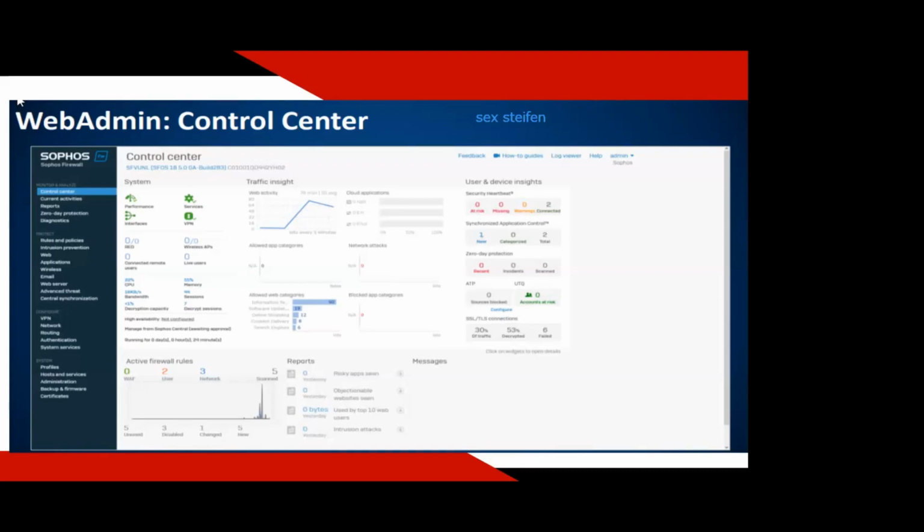So how can we manage all these options available here? We should be aware of each and every parameter, what options are available to configure here. So you can see on the left hand side we have the main menu, and you can see the control center. You will see if you are using hardware,